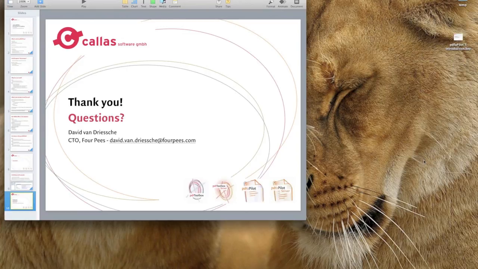email into PDF-A. While we know that there is a wider range of new features implemented in pdfaPilot 5, we firmly believe that this email to PDF-A conversion is an important one, which is why we spent the majority of the time in this webinar to talk about that. We believe that pdfaPilot makes it possible to do this conversion in a very quick and a very flexible way,